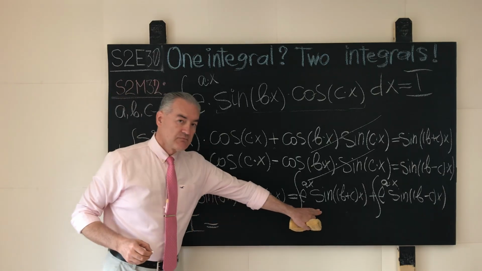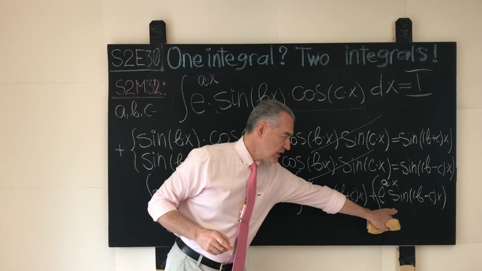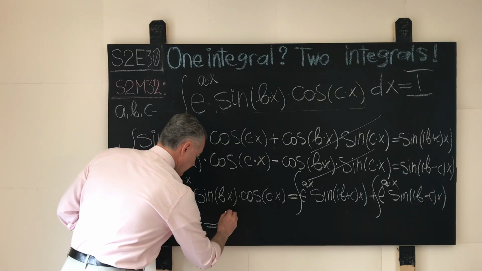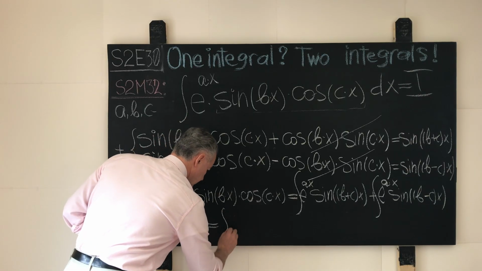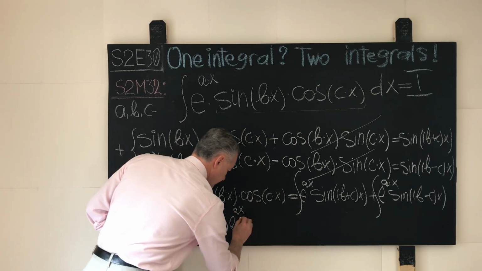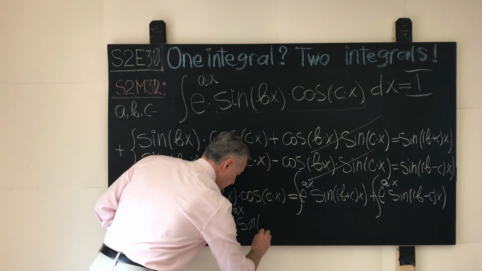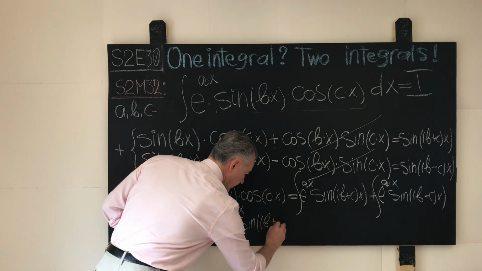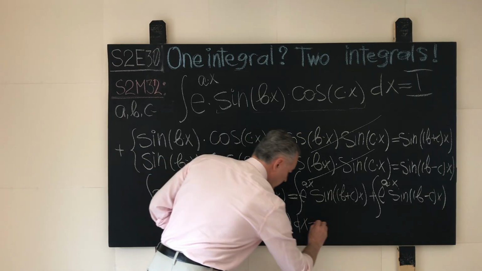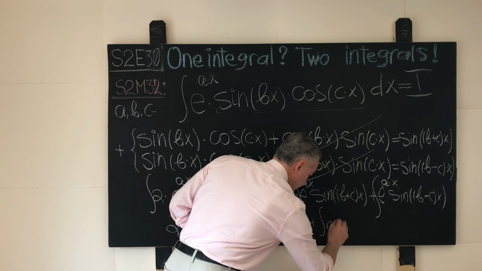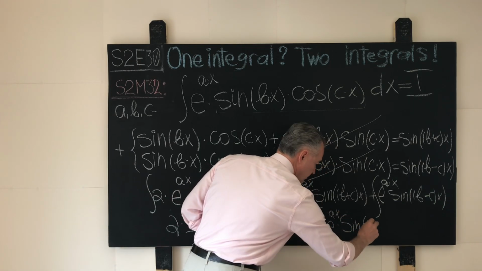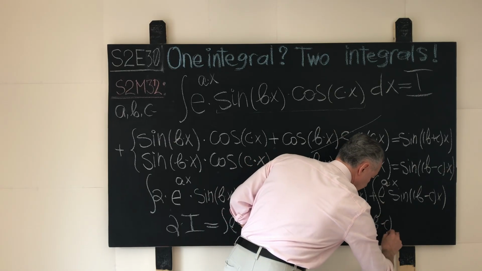Is the sum of two integrals. But now let's look at these two integrals closer together. Let me spell it out more nicely over here. This integral of e to the power a times x times sine of (b plus c) x dx plus the integral of e to the power ax times sine of (b minus c) x